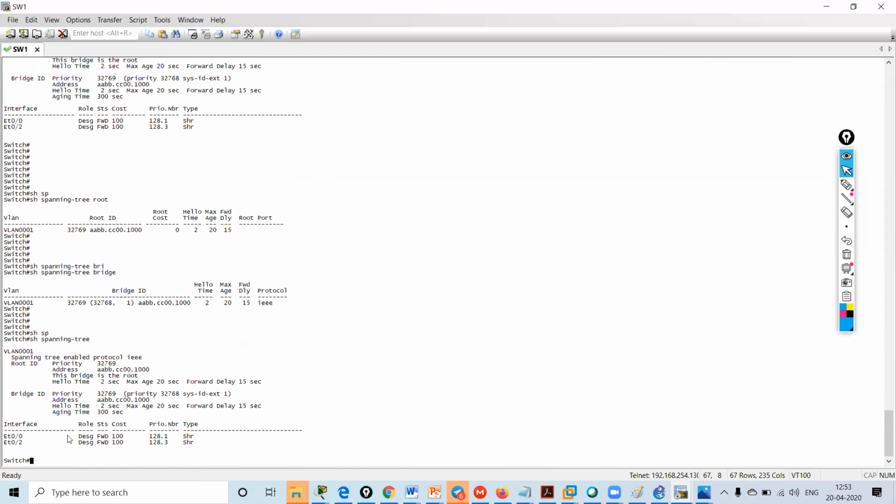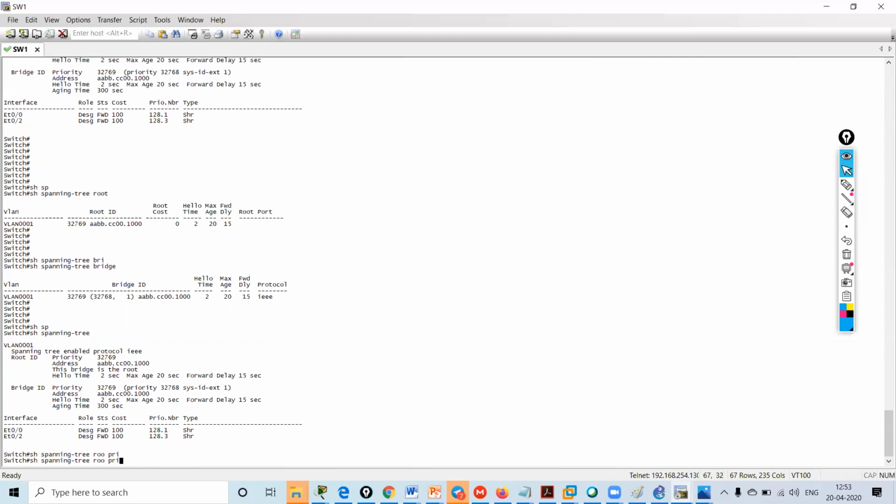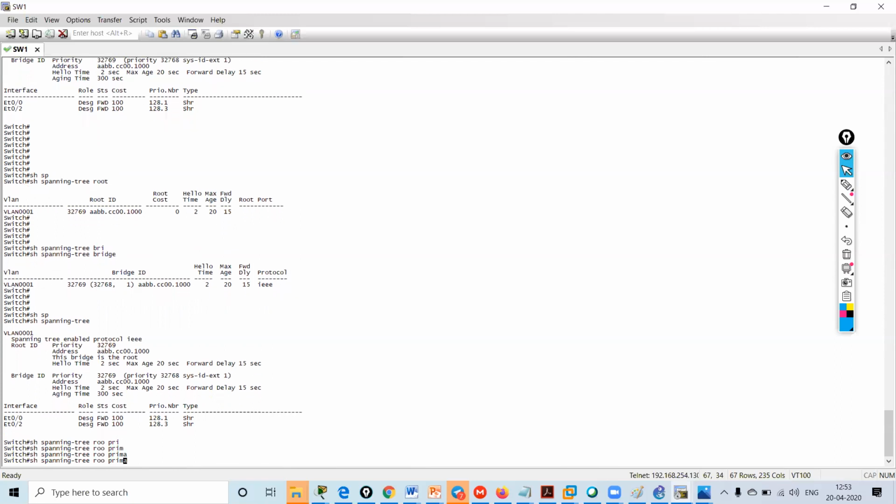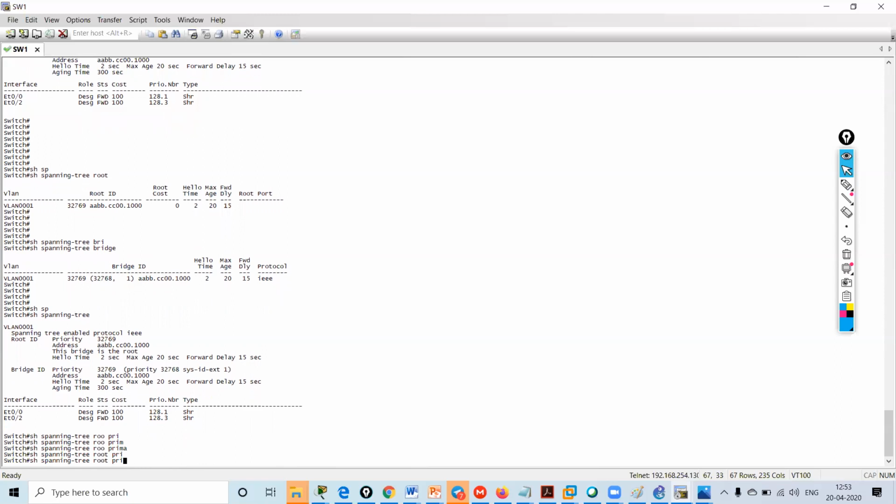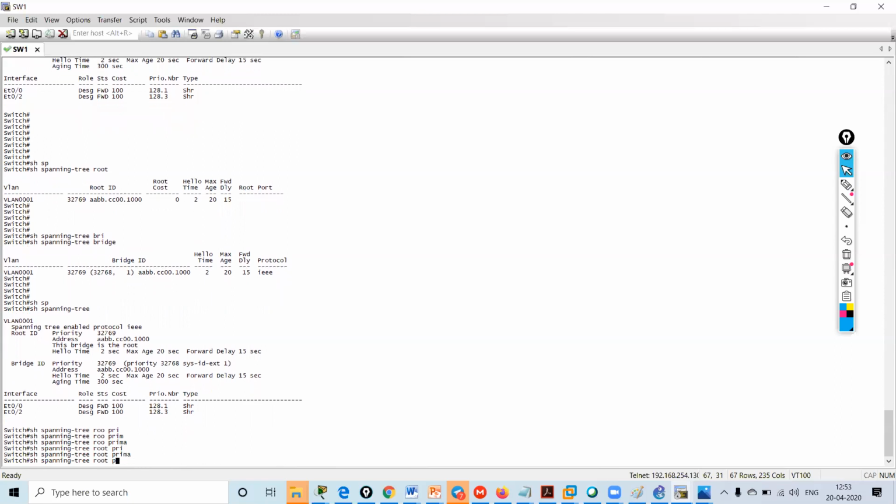So I think it is a legacy method, so it is no more supported. I can only get the command for root primary.